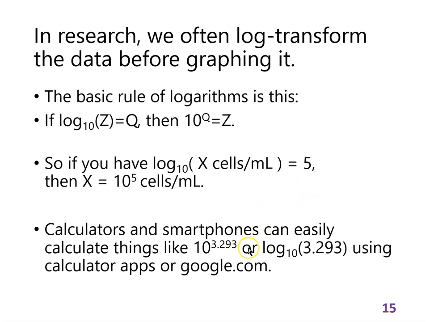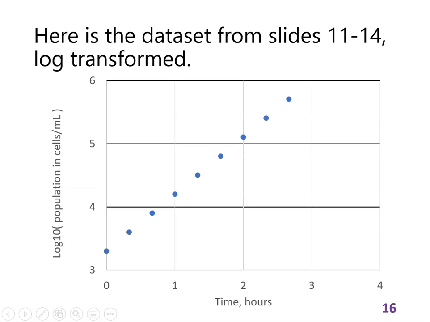So I have a program on my phone that could easily take 10 to the 3.2 something power, or take the logarithm of 3.2 or whatever. We have apps for that. So we're not going to be doing this calculation, but I want you to be able to understand what the graph is. So here is the same data